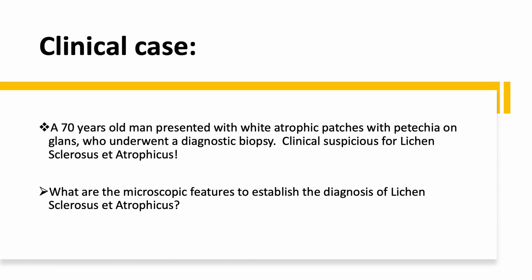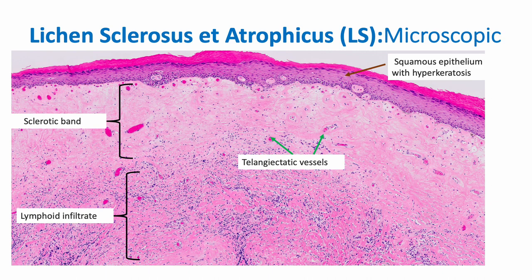This is an exercise with a clinical vignette of a 70-year-old man who presented with white atrophic patches with petechiae on the glans, and he underwent a diagnostic biopsy. The clinical impression was suspicious for lichen sclerosus et atrophicus. This is an image from the lesion from this man. Starting from the surface epithelium, we can see a thick band of hyperkeratosis,